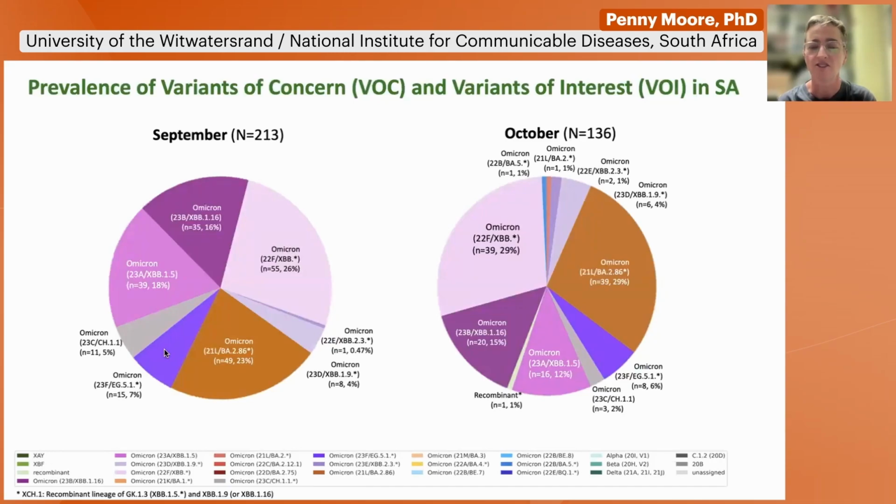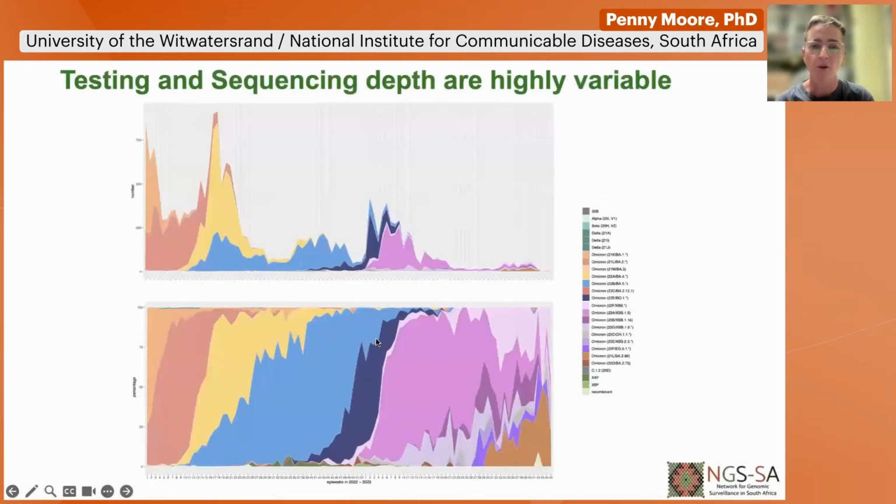In South Africa, it's another variant, also a focus of this talk, called Omicron BA.2.86. And another very interesting variant of concern that I'm going to spend quite a lot of time on in this talk. But I wanted to make one quick point before I go on to